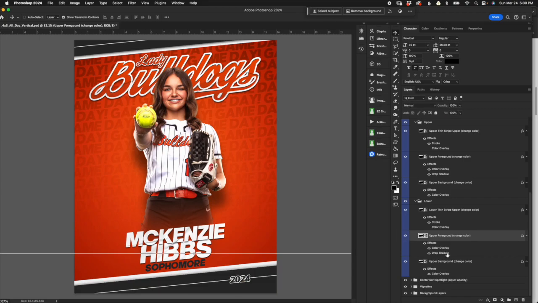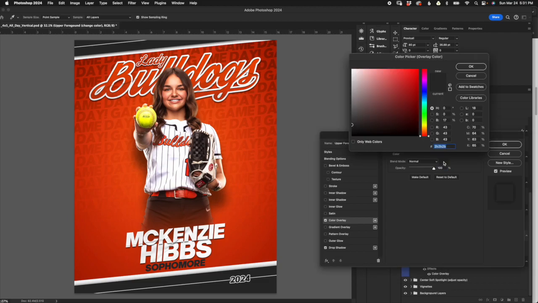Next we have the foreground shape, so you can see what that is there. It has a drop shadow, so you can see a little darkness here. It's very subtle, but you can turn that off or on. It just makes it a little more three-dimensional. You can always adjust it if you feel the need to. The color is controlled the same way by clicking on color overlay, clicking on this box,